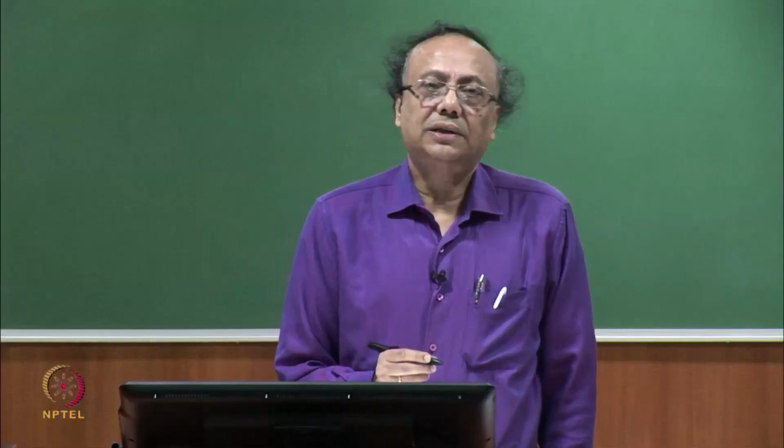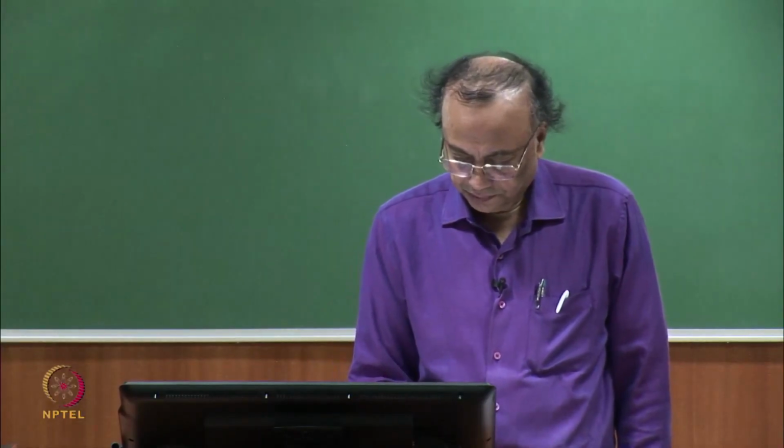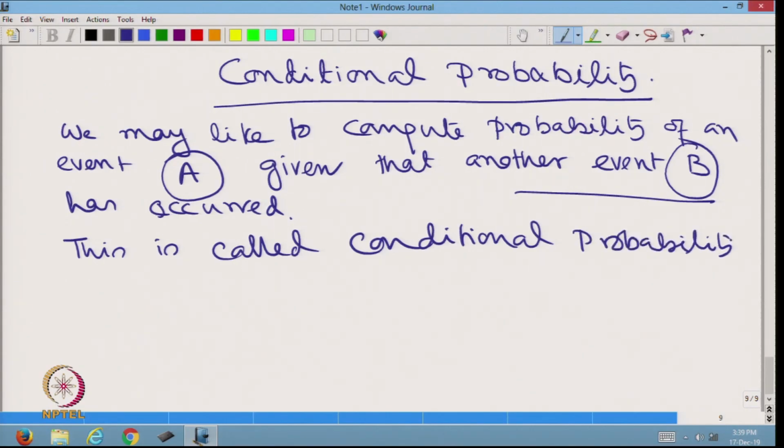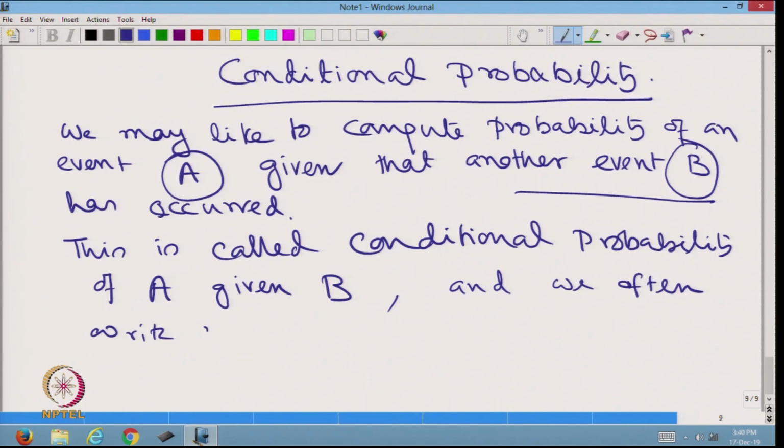That we call the conditional probability of A given B, and we often write it as probability of A given B. Example,